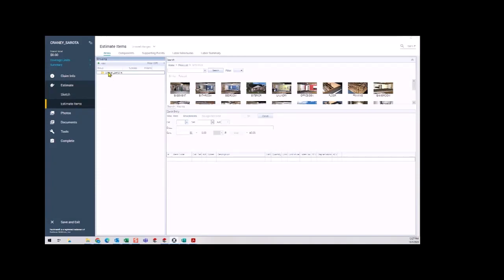Okay. Up here, I click on this and I click add. So we're almost always going to be doing a roof. Let's say we were doing siding. We'd create front elevation, right elevation, rear elevation, and left elevation. If we were going to do gutters,